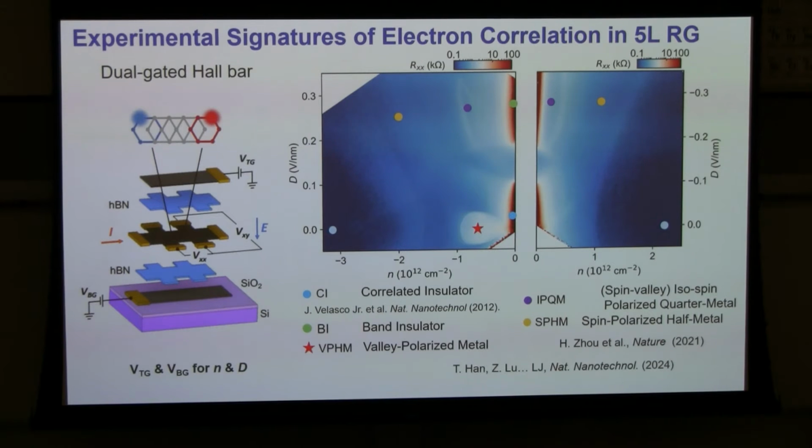Well, this is already telling you the flat band correlation is doing something to the flat band, because with the large density of states that you see, you would expect a very good metal. But experiment tells you it's a very good insulator, so it's already gapped out due to the flatness of the band. And when you dope charges into this material, you get all kinds of funny shapes, like a